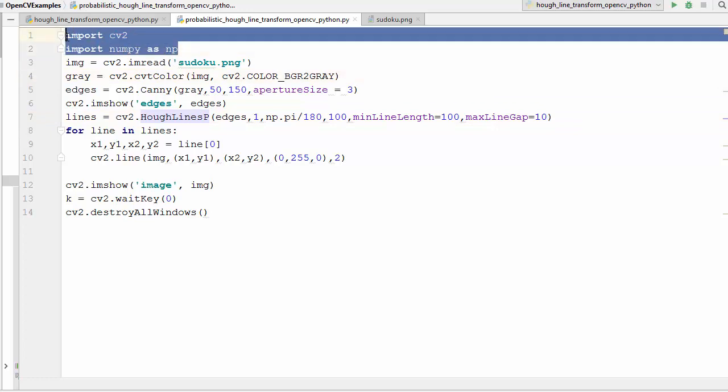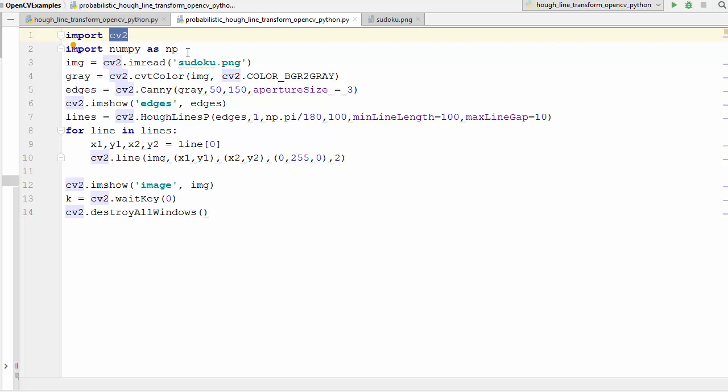So as you can see, I have imported these two packages, cv2 and numpy as np, and then I'm reading this image Sudoku using imread method, and then I'm converting this image to the grayscale image using cvtColor method in cv2. Now the next step is to find out the edges of the images. This we have also seen in the last video. So until here everything is same. So once we got the edge detected image using Canny edge detection,